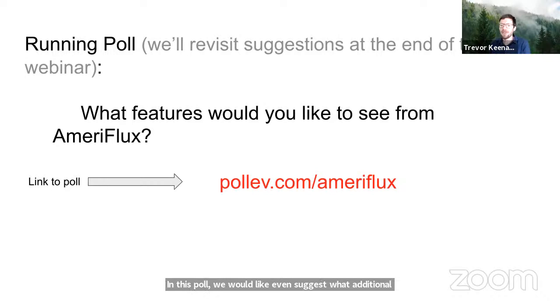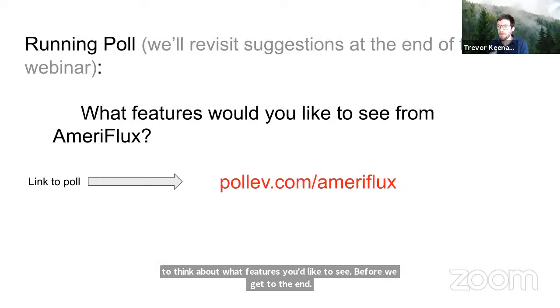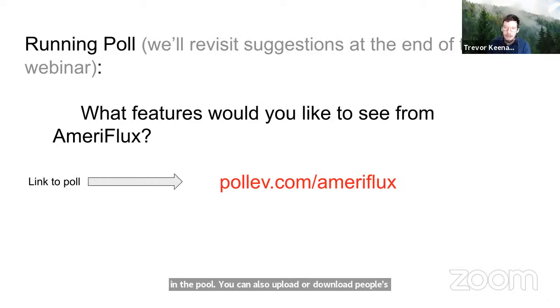Now you've seen the features we're going to talk about, though not all of them, so bear that in mind. I wanted to put this here so you have time to think about what features you'd like to see before we get to the end. In that poll, you can also upvote or downvote other people's suggestions, so please feel free to do that as well.